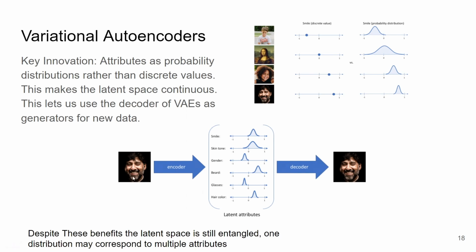So for example, now we encode this guy, and the smile gets encoded as decently smiling. And you can think of the standard deviation of these distributions as how confident the model is that it has that property. So in this case, the smile distribution is decently high. It's very confident that it's around this point. If it's wider, the model is less confident that this property is true. Anything that's really close, it's very confident about. Anything that's more spread out, with a bigger standard deviation, it is not as confident in its choice. So with that,